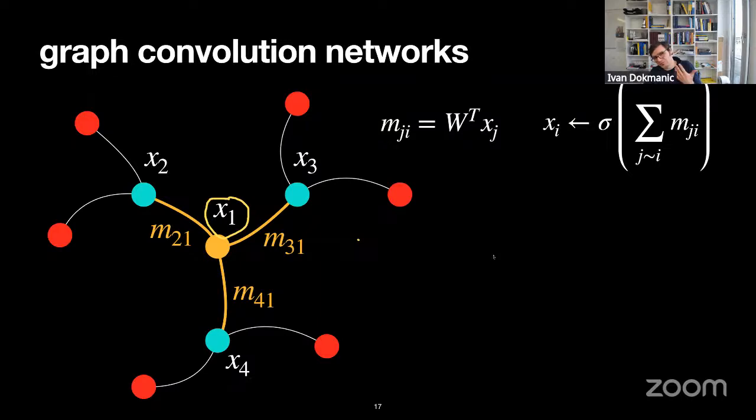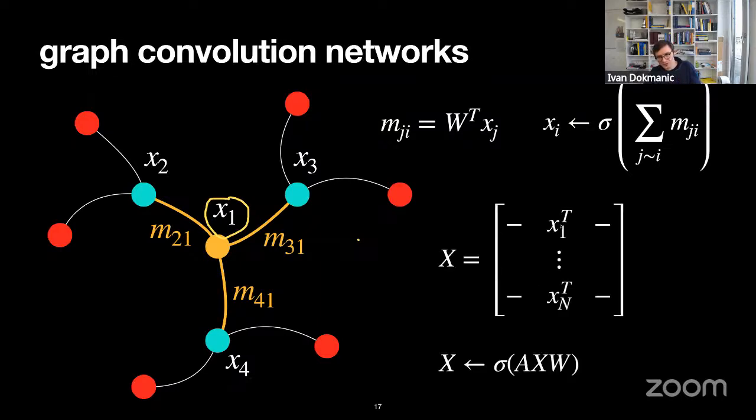And if you look at this for 30 seconds, you can see that if you collect all the feature vectors for all the nodes in the rows of some matrix X, then you can write this update equation for the whole graph at once, like this. So it's a multiplication between three matrices. You have the graph, the features, and then the weights. The features are propagated across the graph by a left multiplication, and then weighted by the weights on the right, and then you hit this with some nonlinear activations.